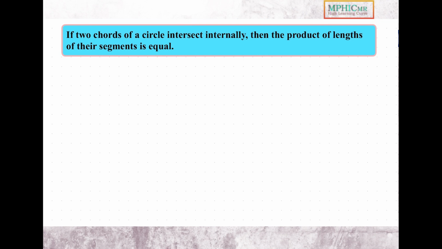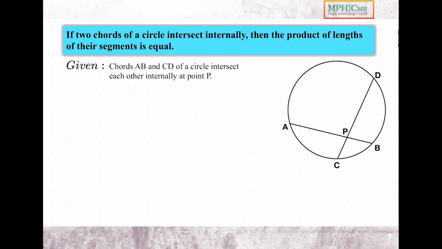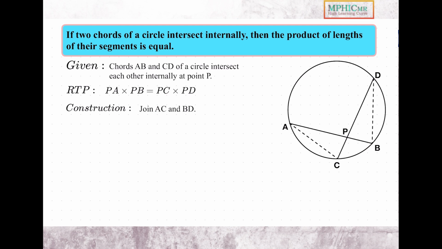In order to prove that, the given statement is that chords AB and CD of a circle intersect each other internally at point P, as given in the figure, and we have to prove that PA into PB equals PC into PD. Now to prove that, we are going to join AC and BD,